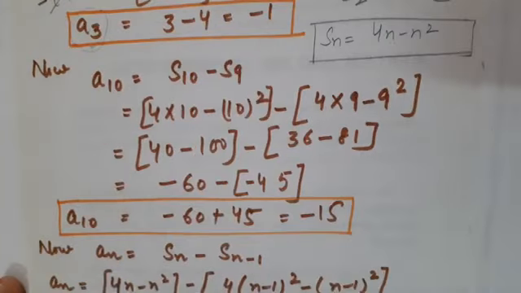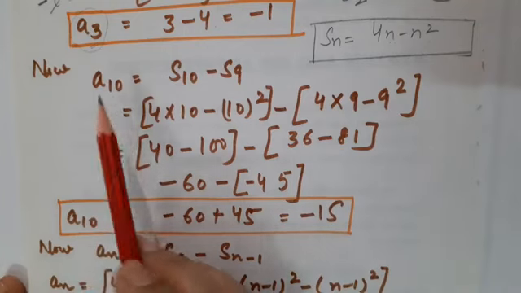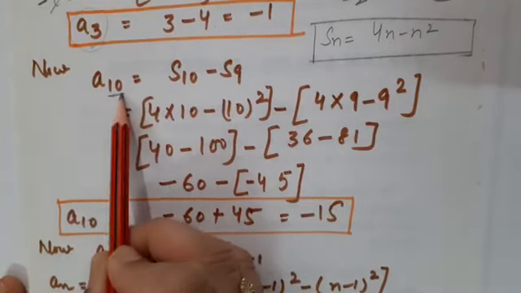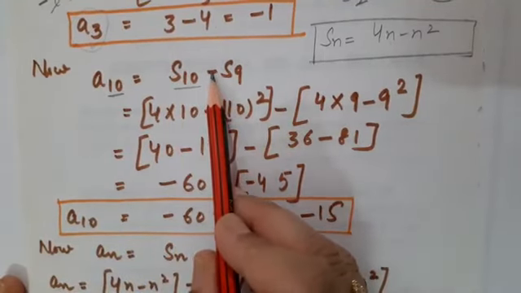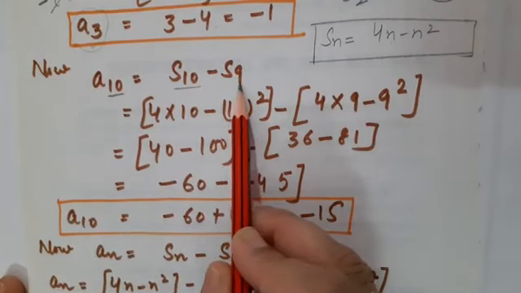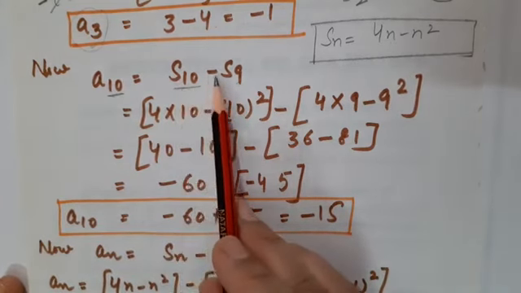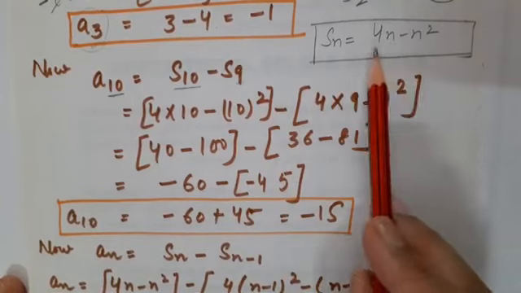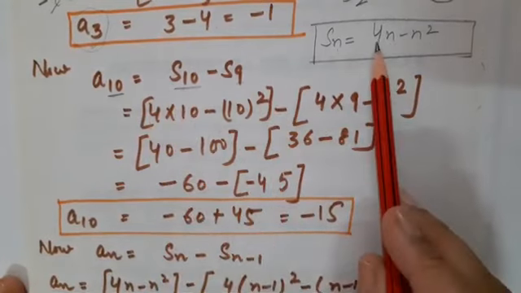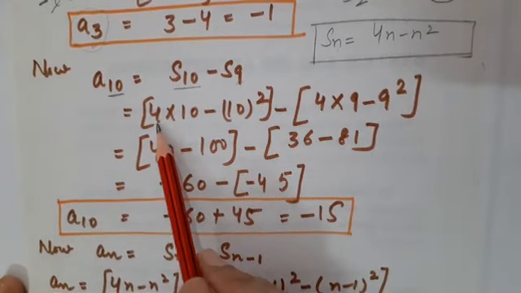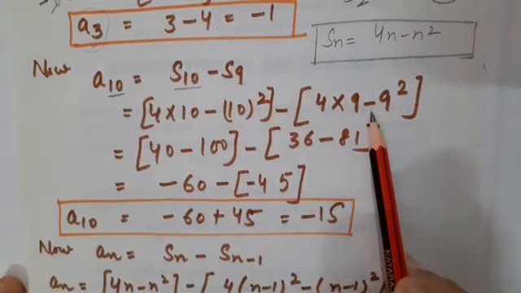Correct, students? Now children, while applying the same concept, we will have to calculate the 10th term also. So what is to be done? As I have to calculate the 10th term, definitely I will have to calculate the sum of first 10 terms first. And then what do I have to subtract? I have to subtract the sum of 9 terms, which is basically the preceding to the 10th. Correct? So this is S10 minus S9. This is Sn given. So please insert the value in place of n. I will be writing 10. It would become S10 is equal to 4 into 10 minus 10 square, minus, now 4 into 9 minus 9 square, because I am going to calculate S9.